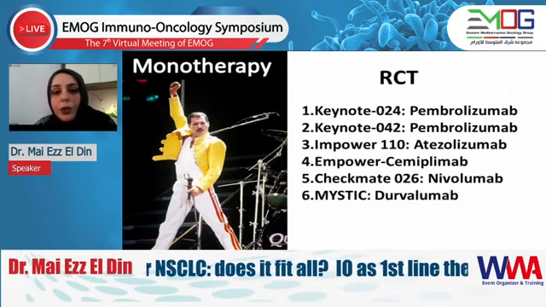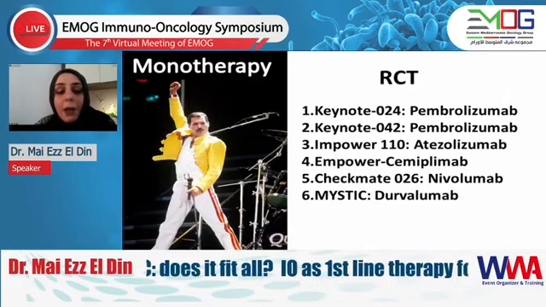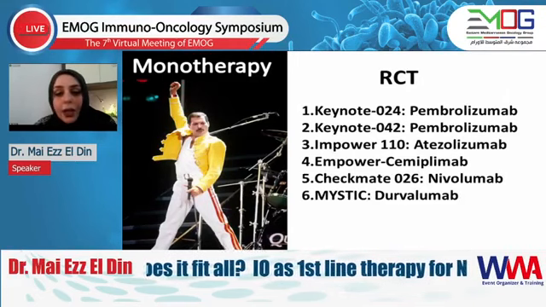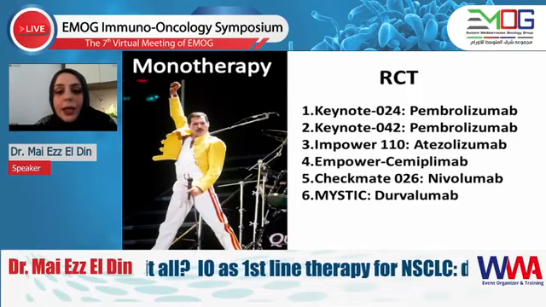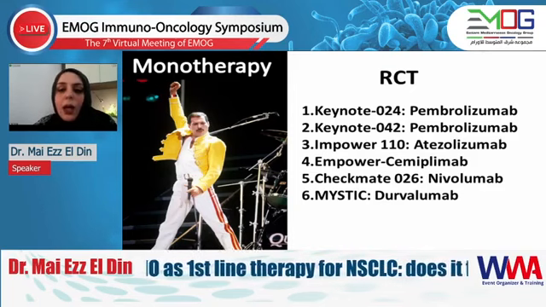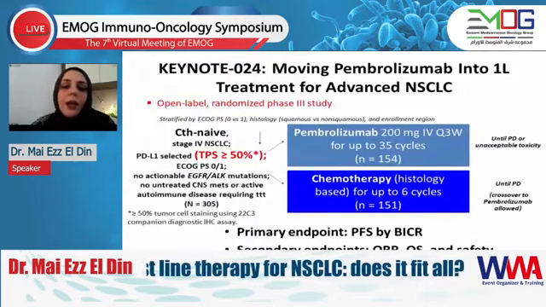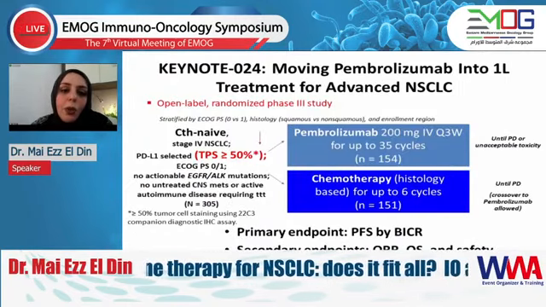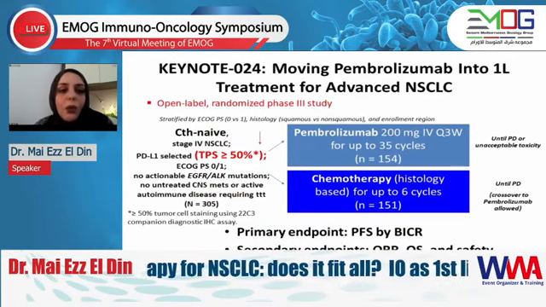KEYNOTE-024, KEYNOTE-042, both pembrolizumab trials, IMpower 110 with atezolizumab, EMPOWER with cemiplimab, the newcomer on the block, and CheckMate 026 and MYSTIC for nivolumab and durvalumab respectively, which were negative trials, but I'll just try to mention them quickly. Now, this was the first, promising breakthrough trial that caused a big paradigm shift, the KEYNOTE-024, which had